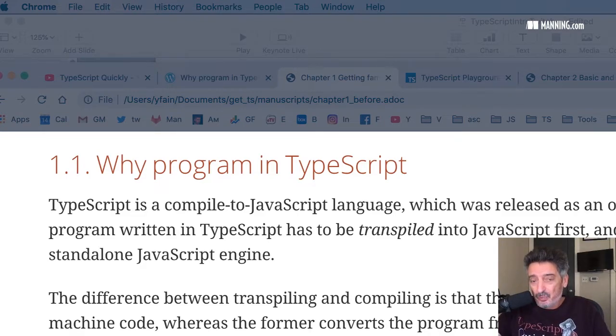Why should I even bother writing something in language A and then compile it to language B, in this case JavaScript, if I can just write code in JavaScript without all these troubles? So what is the benefit? Why would I do something like this?